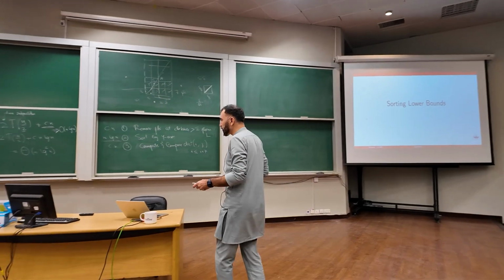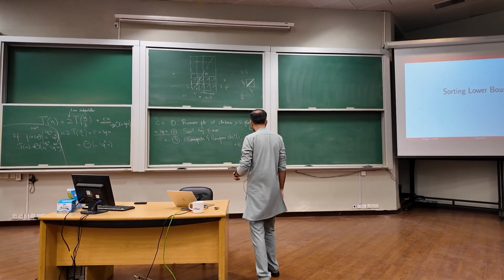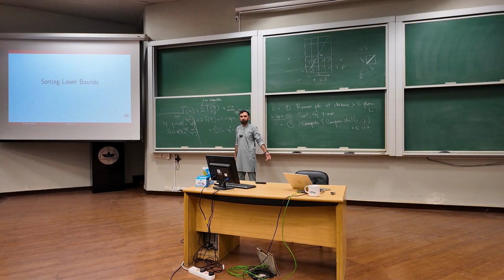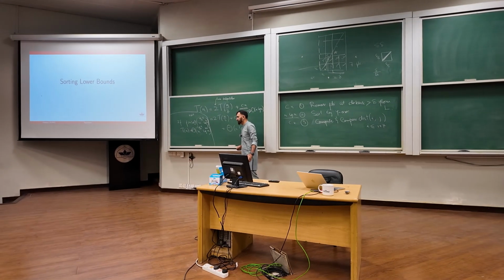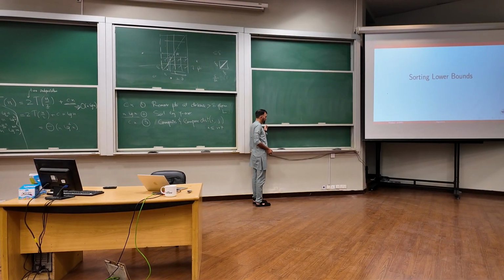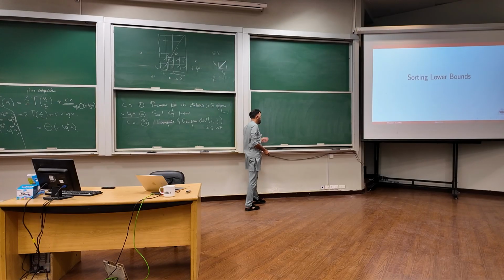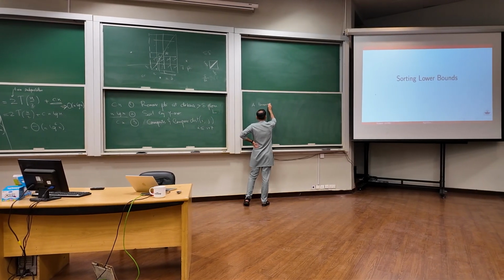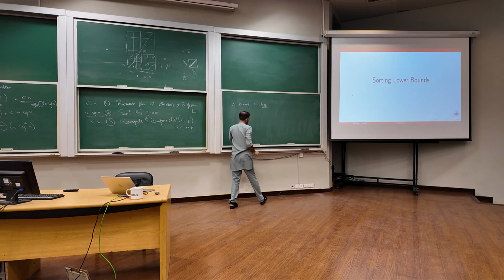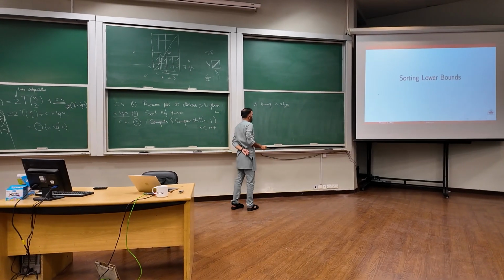Okay, before doing the sorting lower bound, I need a couple of tools from data structures. Let me just outline them so that you have them in the back of your mind. A binary tree is a tree. I assume you already know trees. We'll define it later when we do graphs. But for now, a tree is what a tree was in data structures, with